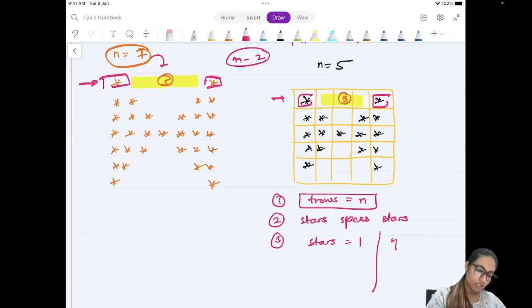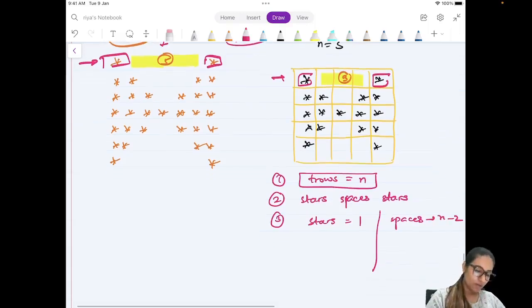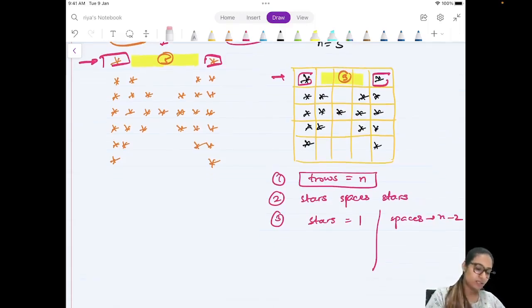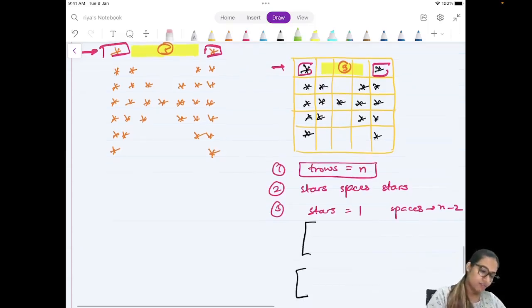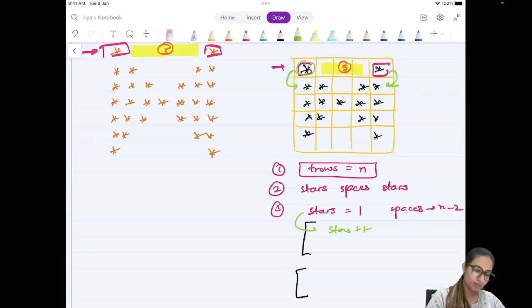Okay, so the initial set of spaces that you have is n minus 2. Now there is something that works in the first half, and then there is something that works in the second half. In the first half, when you are moving from one row to the next row, the number of stars is plus plus on both sides. Here also plus 1, here also plus 1. The number of spaces basically